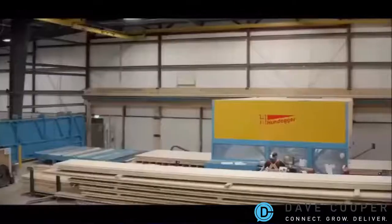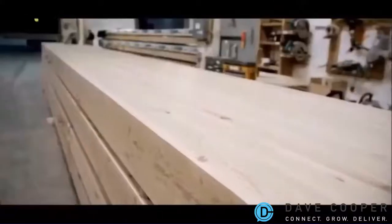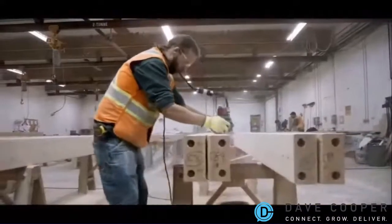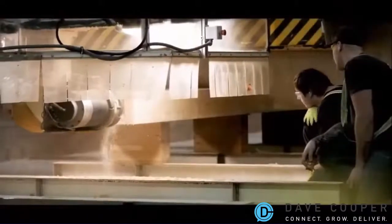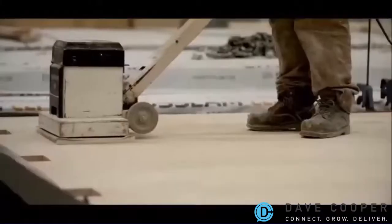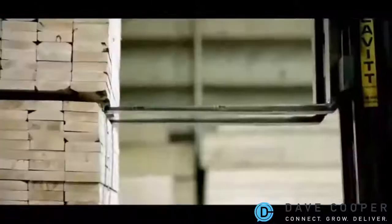Today, our facilities use 3D modeling and sophisticated CNC fabrication equipment to create structural components like our Crosslam CLT panels and Glulam Plus beams and columns. These products are shaping the future of design and construction, helping to change minds as well as building codes, resulting in tall wood construction up to 12 stories in Canada and 18 stories in the US. Mass timber is appealing to eco-forward building owners and developers for reasons beyond sustainability. It's a proven system that builds without compromise on quality, structural design, or aesthetics, all at competitive costs. Mass timber buildings are roughly 25% faster to construct than concrete, require 90% less construction material delivery traffic, and 75%